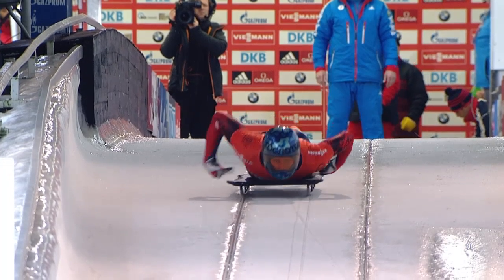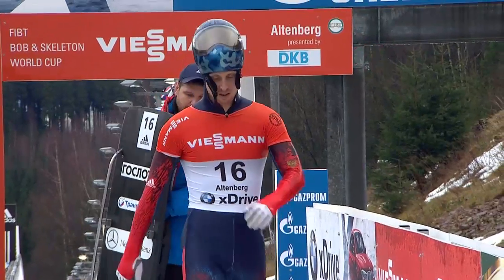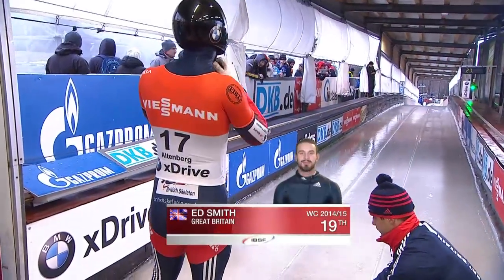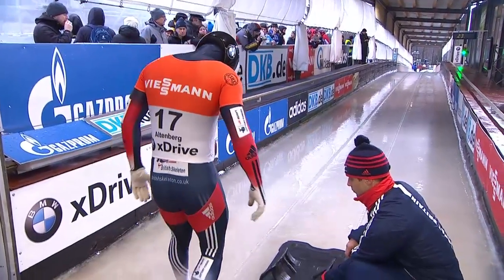Well, right there shows that there's no way he can run. Well, the 19th also shows that he might have gone for a really quite severe rock with a very small contact patch. Well, next up, 17th of our 28 starters, Ed Smith from Great Britain, originally from Bristol